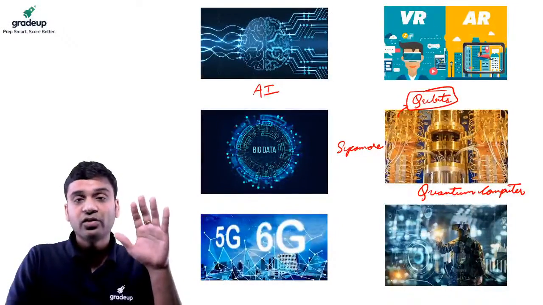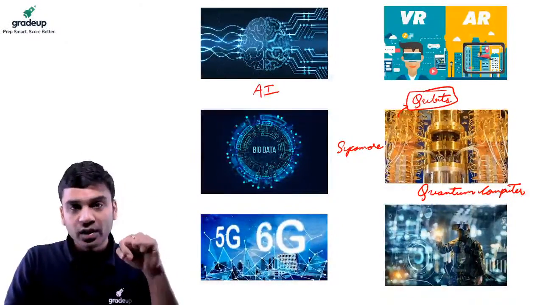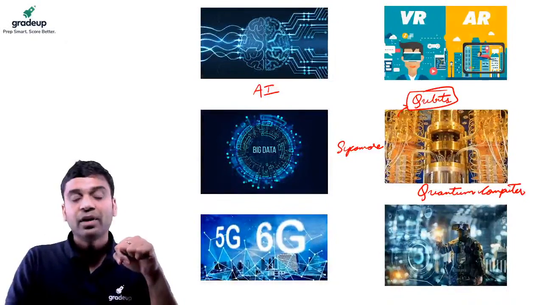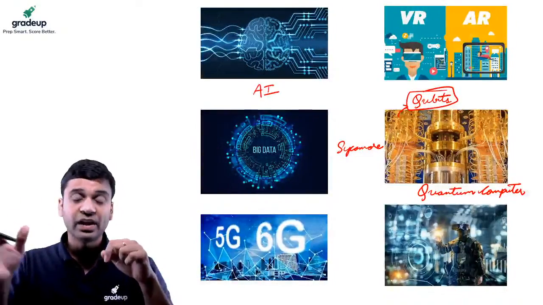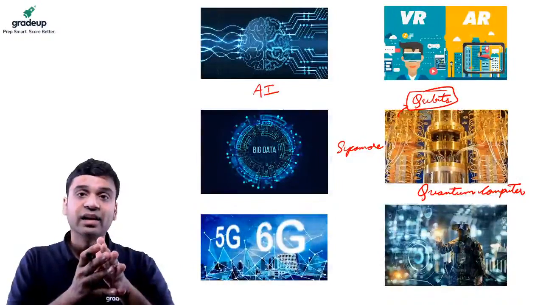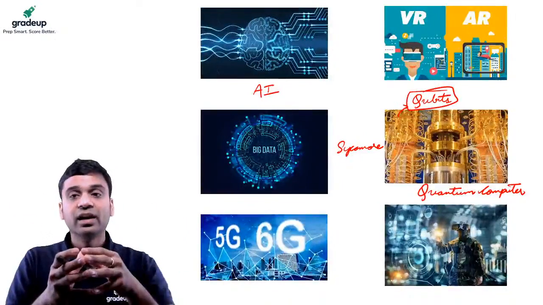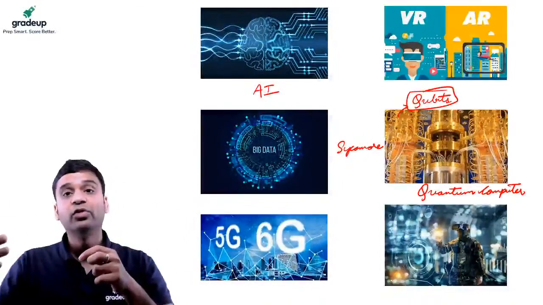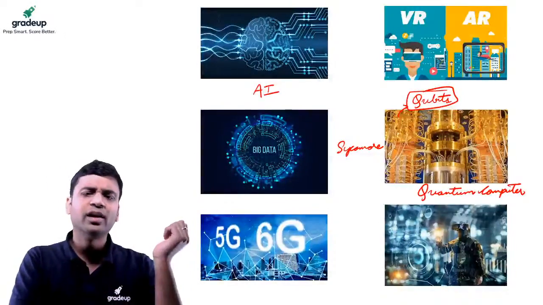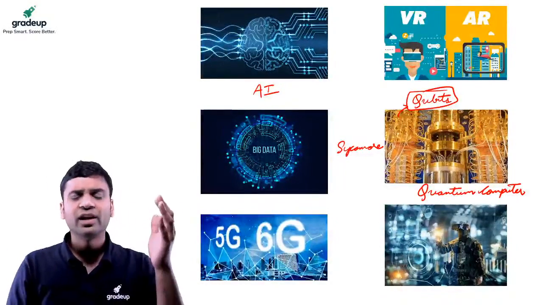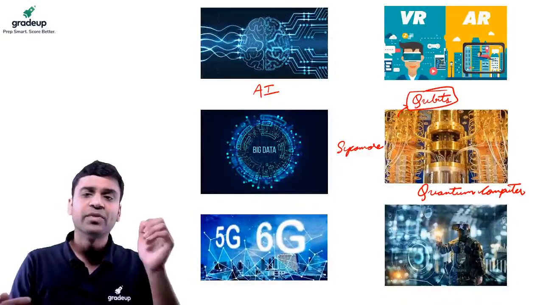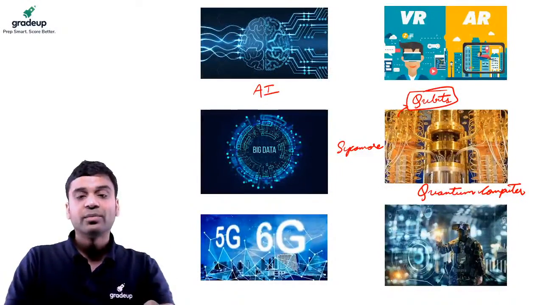Like Google said that Summit, which is the fastest supercomputer today by IBM, would take 10,000 years to do a particular calculation. I mean a complex calculation, that a quantum computer could do in a few seconds. Of course IBM later refuted that. IBM said it would not take 10,000 years, it would take a few days. So like that we have qubits.